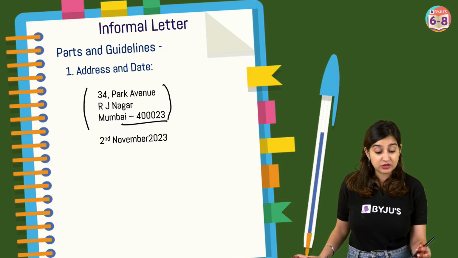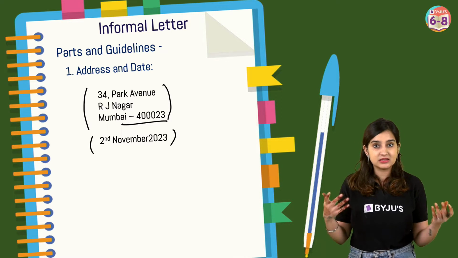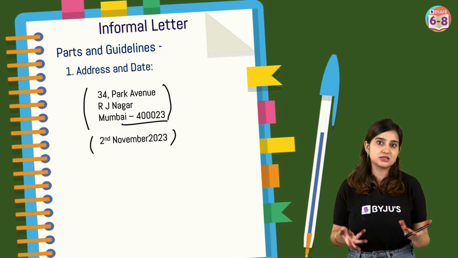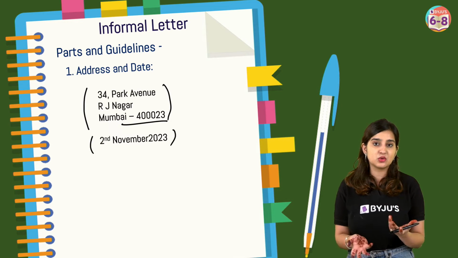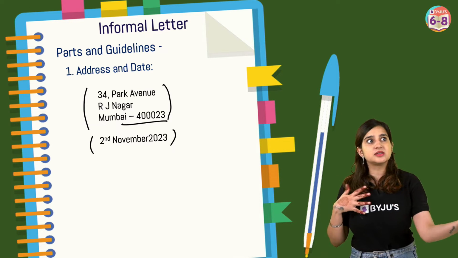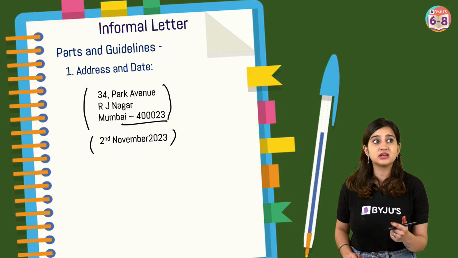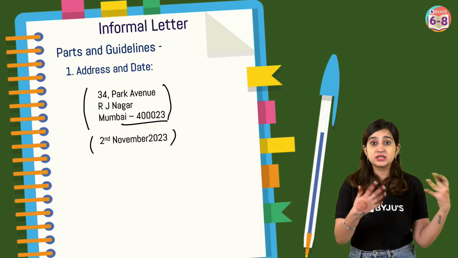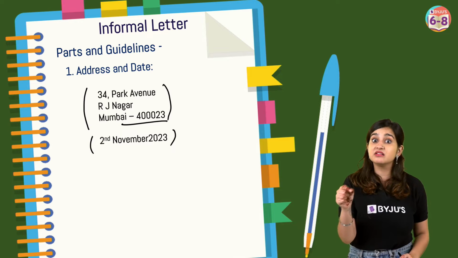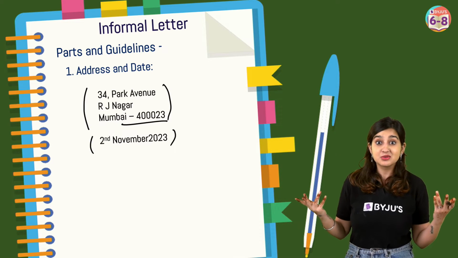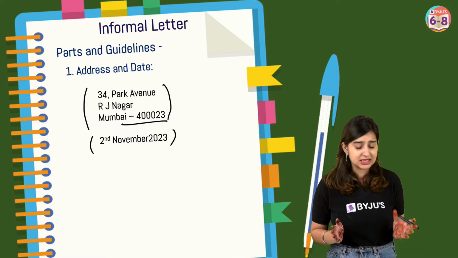And then you're going to write down the date. Why? Because context is always important for everything. If the person who's receiving the letter doesn't know when the letter was written, they'll get so confused. A lot of times, letters are lost, or lost letters are found. You won't believe it. It's happened to me. I have found old letters of some relatives when I was cleaning up the house one time. And if they hadn't written down the date, I wouldn't have known when they had this specific conversation. So it's very important for you to write down the date.